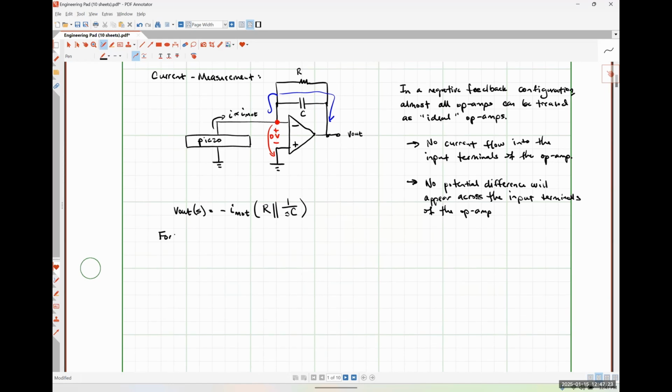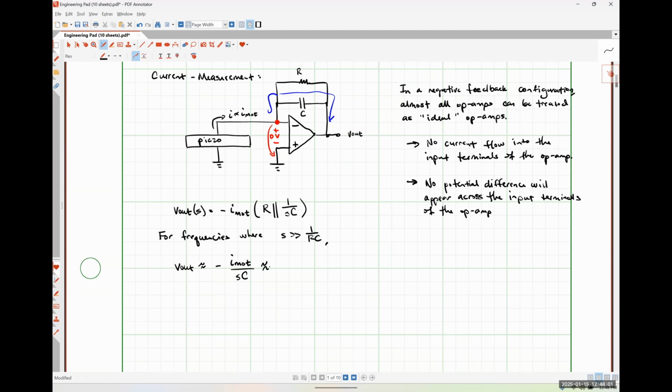So for frequencies where s is significantly greater than 1 over RC, our output voltage will simplify to negative I motional over sC,